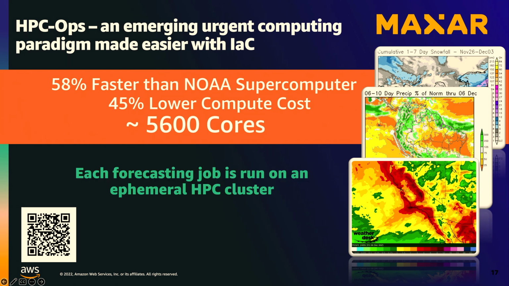So each forecasting job is run on an ephemeral cluster. Anyway, what's really interesting is that this was done before the CloudFormation support landed in Parallel Cluster. I suspect, I can't speak for them, although I do actually speak to them, that they'll be really thrilled to see this, because this will probably represent a substantial efficiency in the way that they're implementing some of their HPC